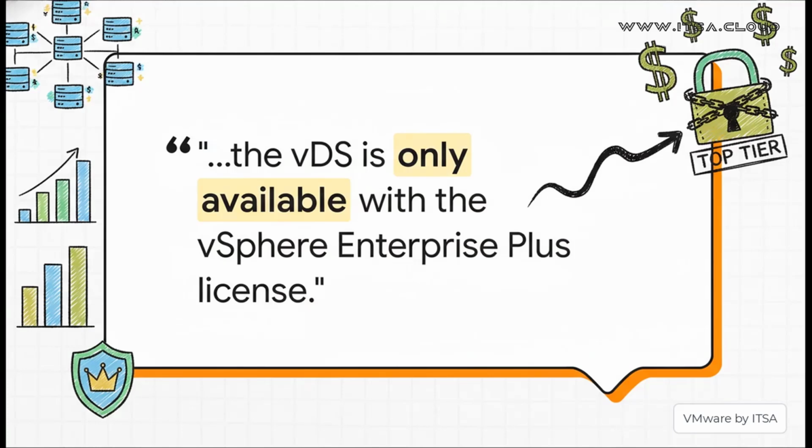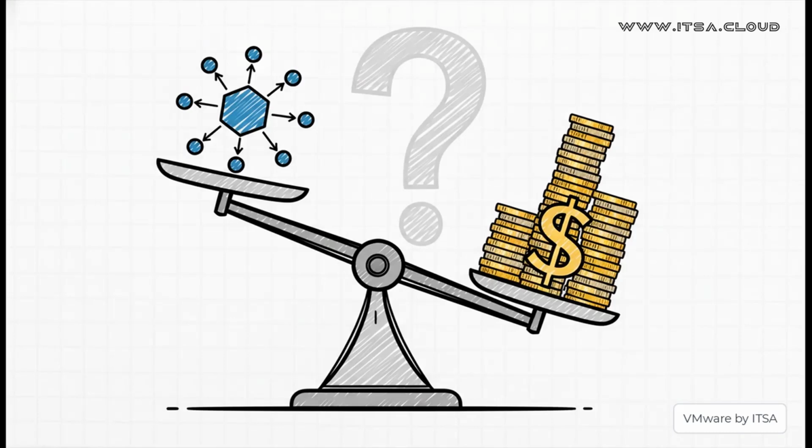And there it is. While the distributed switch is, frankly, superior in almost every technical way, giving you that sweet centralized control and all those advanced capabilities, it is locked behind VMware's top-tier and most expensive license, vSphere Enterprise Plus. And this single fact can completely change your design. It means your budget directly impacts whether you can use the more advanced, scalable, and centrally managed networking features. The best technical solution might simply not be the one you can actually afford to implement.